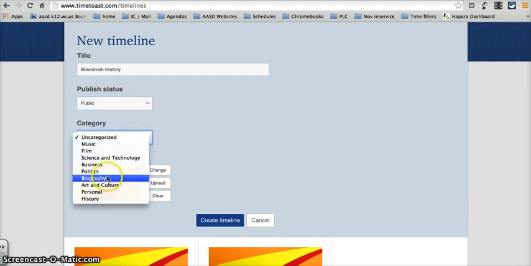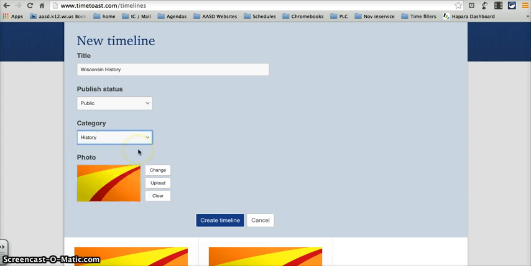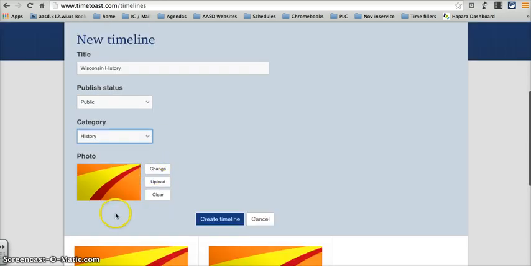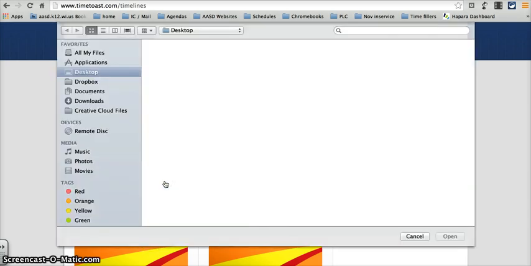You can also select which category this would be. Most of the time it is for school, so you can look and see which of these categories fits well, and I would say history would be a good one for your class. Next, you can choose a photo that will show up as the main part right here of your timeline. To do that, you'd have to go onto Google Images and find a photo that you want to use and then upload it. I've already saved a picture that I want to use, so I'm going to go ahead and